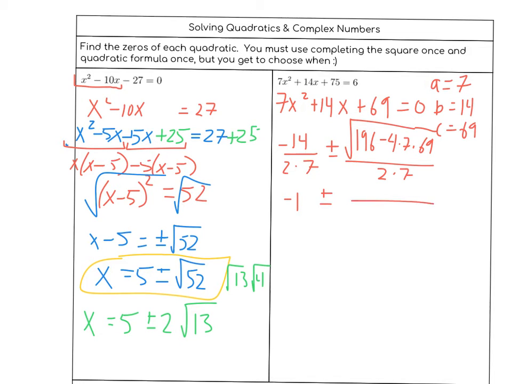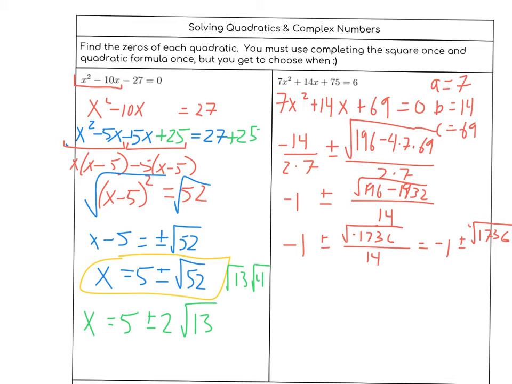Plus or minus over 14, 196, and minus 4 times 7 times 69, that's going to be 1932. So if we do 196 minus 1932, we end up getting 1736. So negative 1 plus or minus the square root of negative 1736 over 14. I'm fine if we want to leave this as negative 1 plus or minus the square root